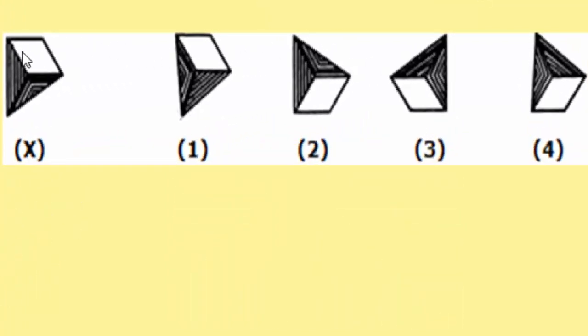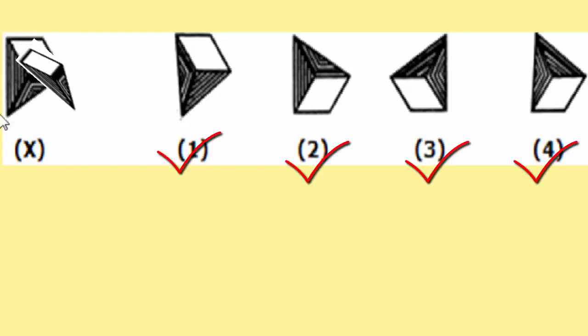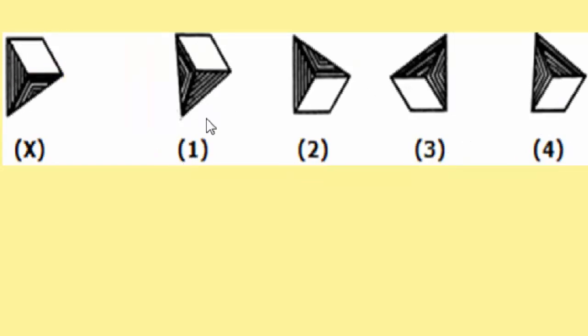Now let us see in which of these options is the point on the top left. In image 1 it is still at the bottom, so this cannot be my answer. I have to eliminate option 1. In image 2, yes, it is on the top left, so I will keep this as a potential answer. In image 3 it has gone to the top right, which is not possible because the image runs in the same direction. So it has to be on the top left. I can eliminate option 3 as well. And in image 4 also the point is on the top left. So I am down to options 2 and 4.